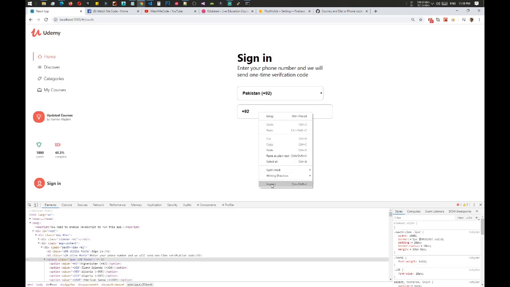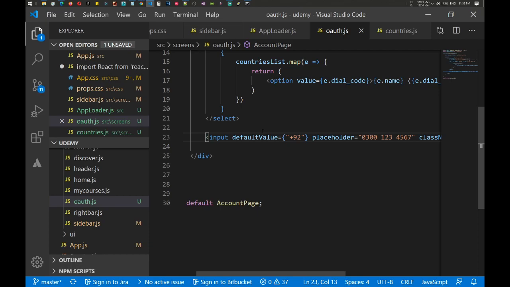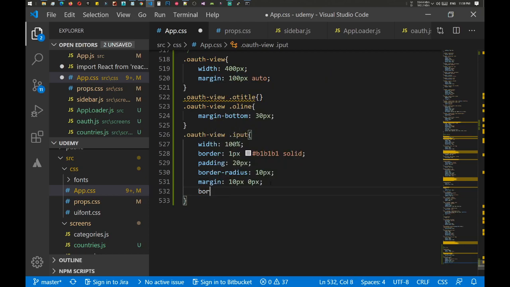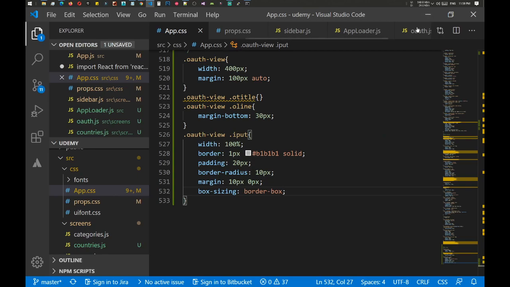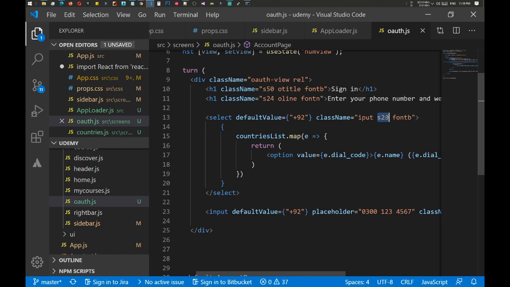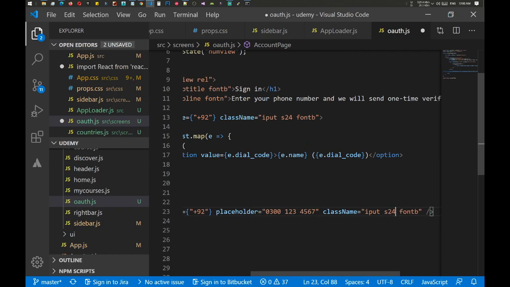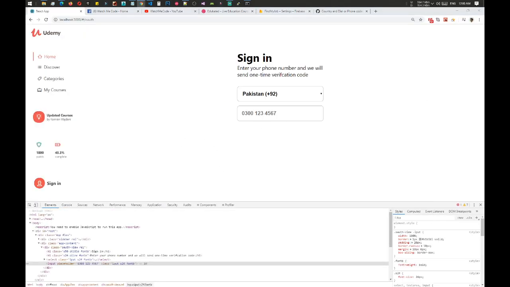Perfect. One more thing, we need to change the box sizing to border box because it is going out of the box. So let's go back to app and give it box sizing border box. Let's save it, and here we are. And for default, I guess just increase the font size to 24, and we don't need any default value. Let's save it. And one more thing, we need only the numeric input, so for that we need